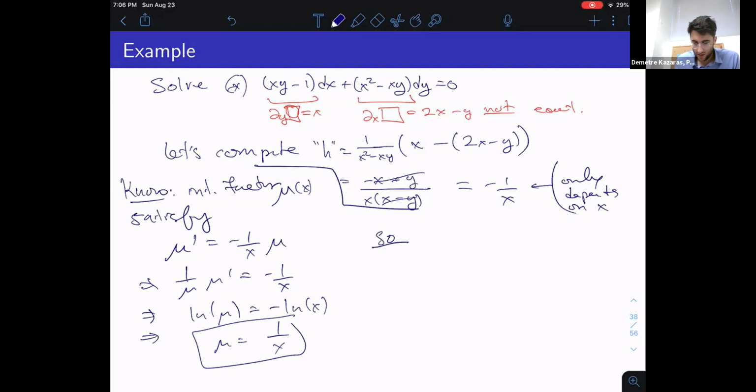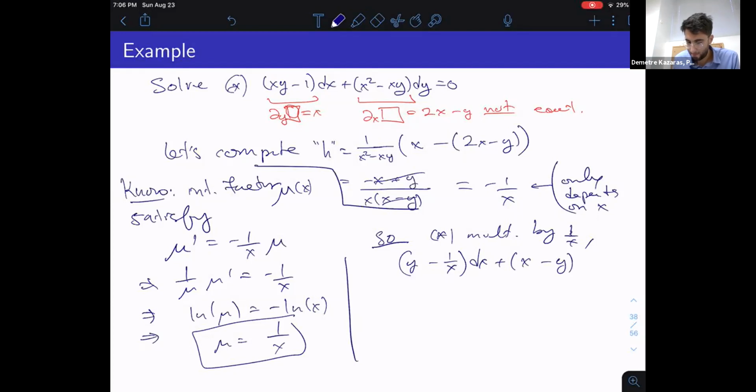So we multiply our equation by 1 over x. What do we get? Well, we get y minus 1 over x dx plus, dividing everything by x, we just get x minus y